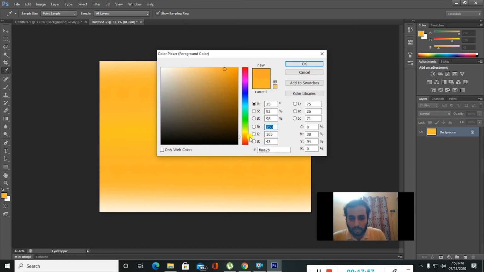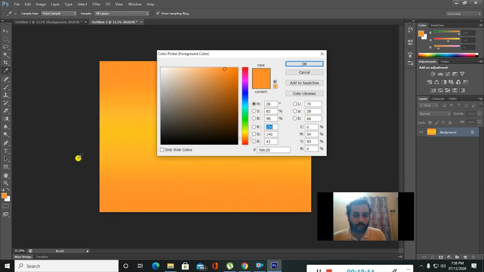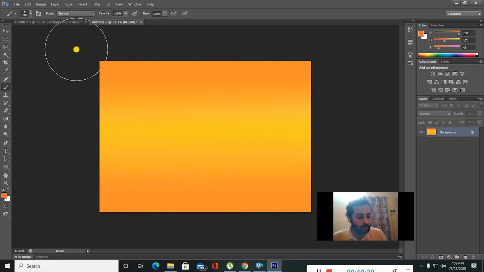Hold shift and place it here. Again make it a little more darker. You can also hold shift and drag it continuously. When you hold shift, your cursor will not go in a cross direction.